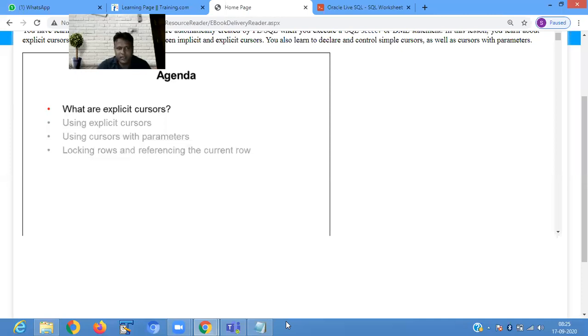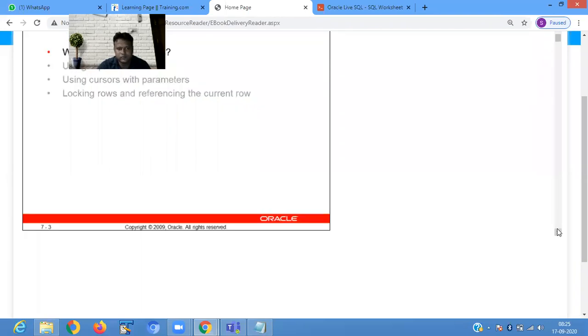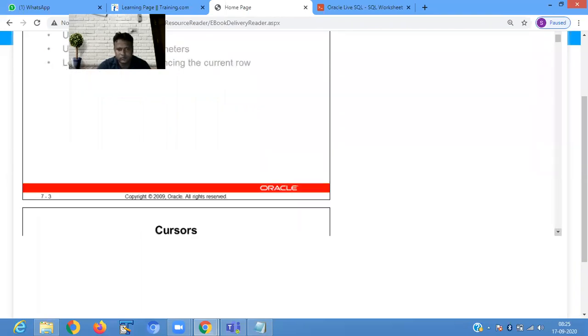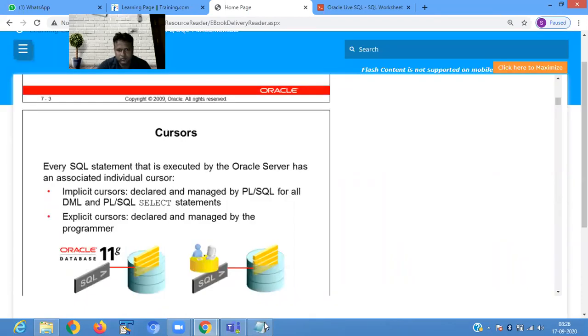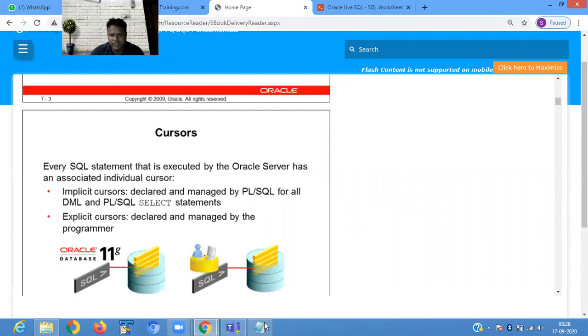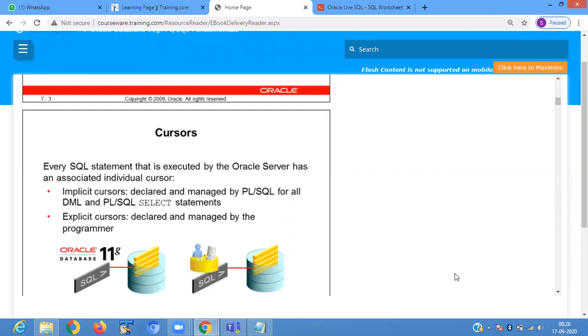The next chapter is explicit cursor. What are explicit cursors? Every SQL statement that is executed by the Oracle server is associated with an individual cursor.